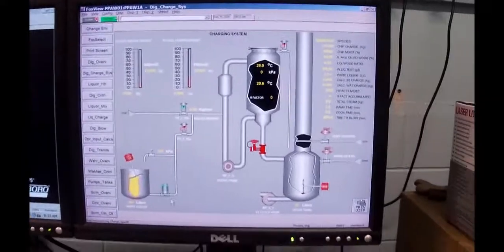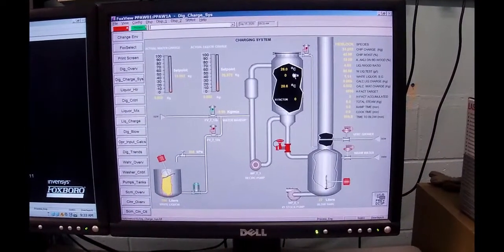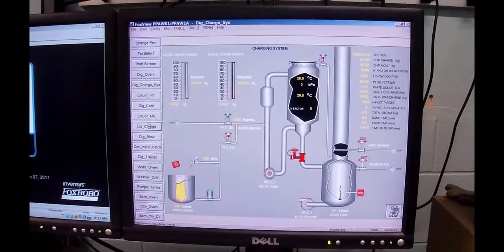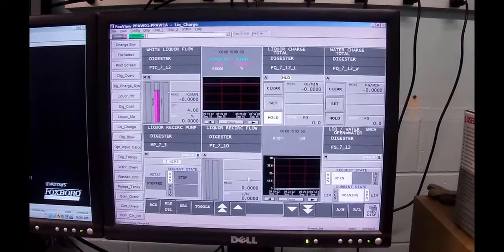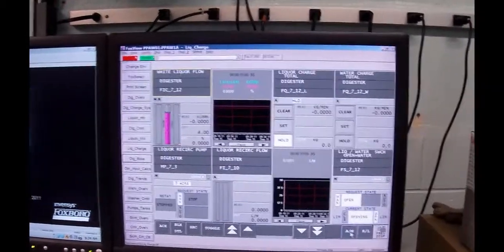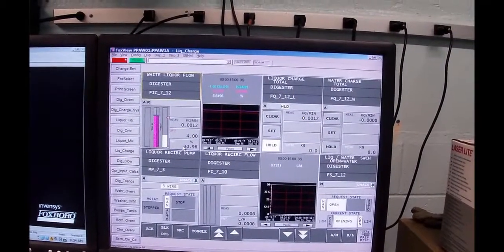The pressure's a little bit low right now. I suspect there might be something not happy with that pump, but all we're doing is pumping it into a vessel that has got no pressure on it. It's sitting at 0 kPa. So what we're going to do is we're going to go to liquor charge, and in this group, we're going to select water, which we've done, and what I'm going to do with this controller is I'm just going to put it on automatic. It's getting a remote set point from a Calcs block. So it's opening up the valve,